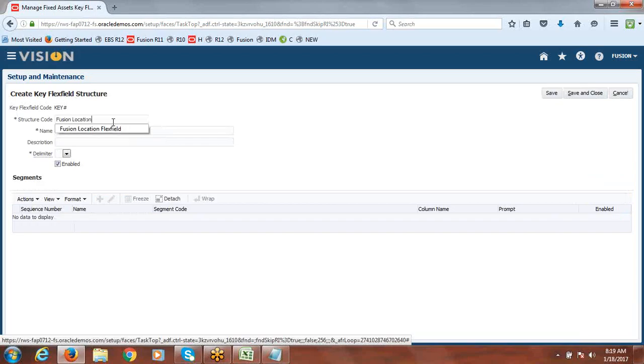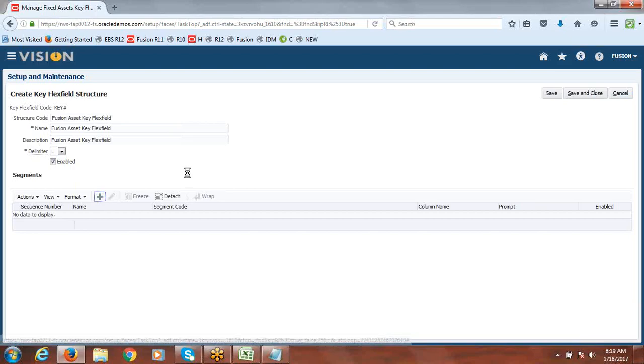Fusion location. Sorry. Asset key flex field. So delimiter here, delimiter. Just we are going to create one segment only, but no issues. Let's do it. And say create.